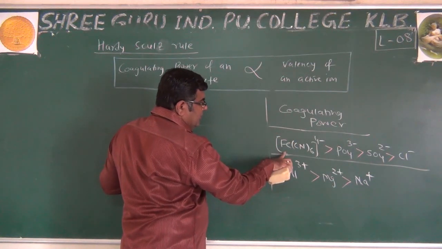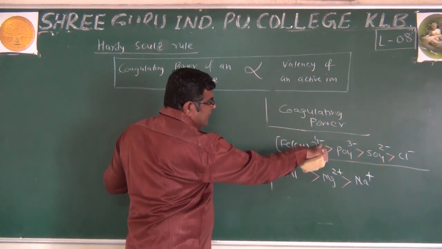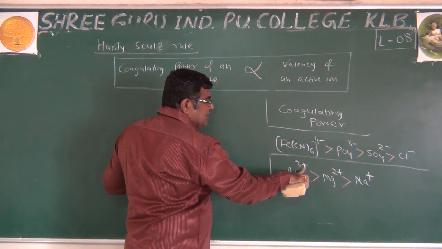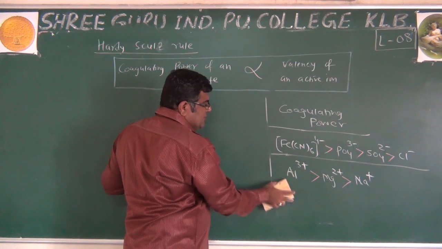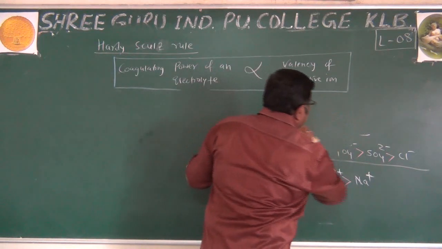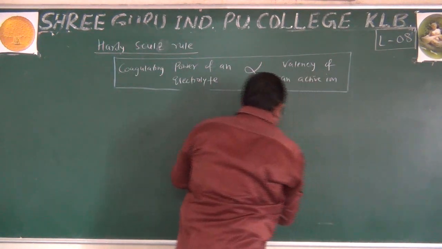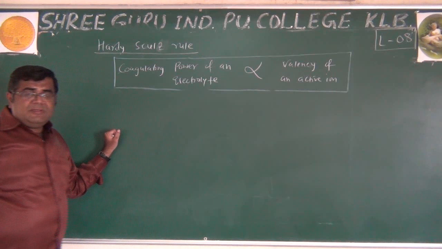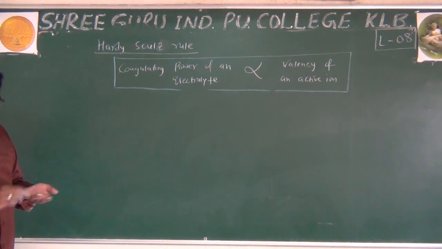If a negative ion is the active ion, if it is a positively charged ion, that is the active ion. This is the one. Now another one, similar concept, but exactly opposite meaning, is the